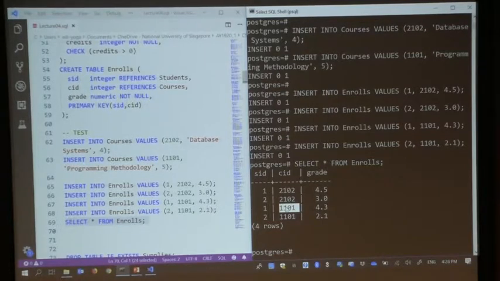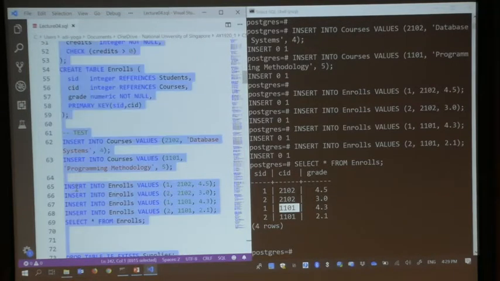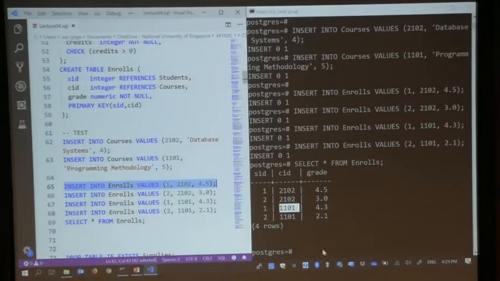The same student cannot be enrolled in the same course twice, so student ID 1 cannot be enrolled in 2102 or 1101 again. So if you try to insert this with a different grade, you will get rejected.